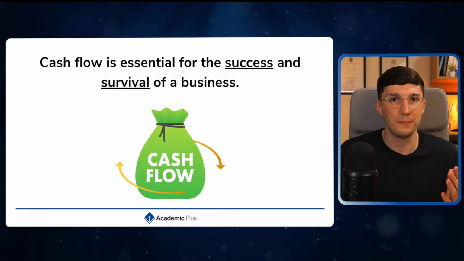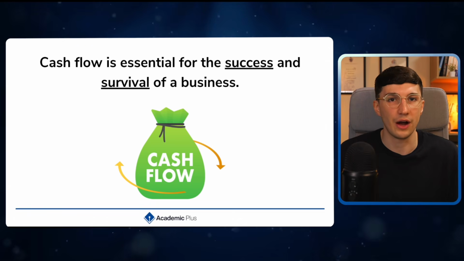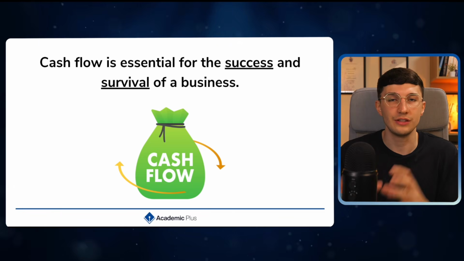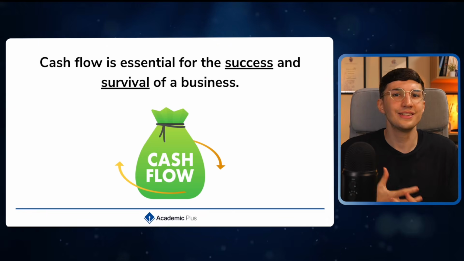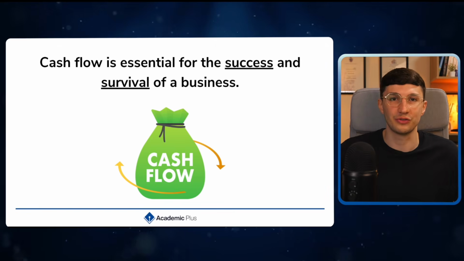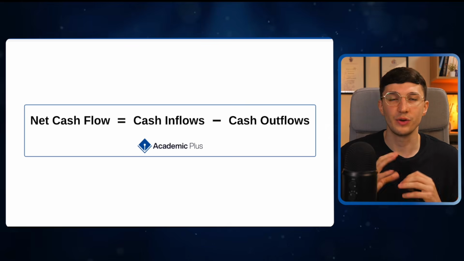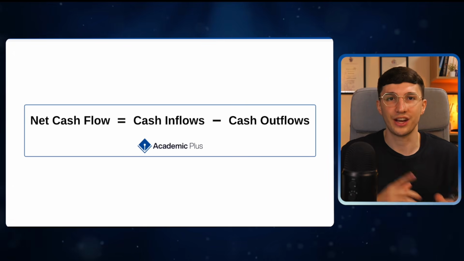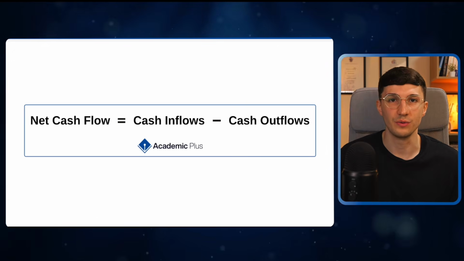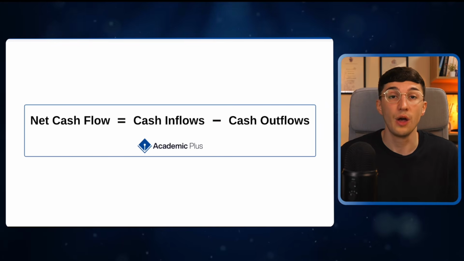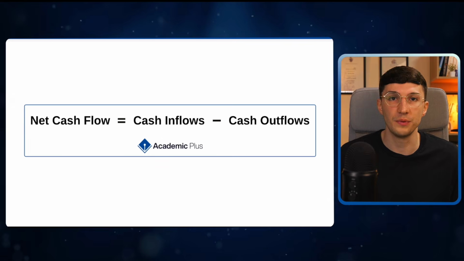The reason why businesses tend to fail is because they run out of cash. And especially with our startup businesses, we know that these startup companies are not exactly blessed with cash. They don't have lots of money just lying around. And the way we calculate our net cash flow, a real simple calculation, is cash inflows minus cash outflows. So a cash flow objective could be around increasing our total cash inflows by 10% over the next 12 months by looking at